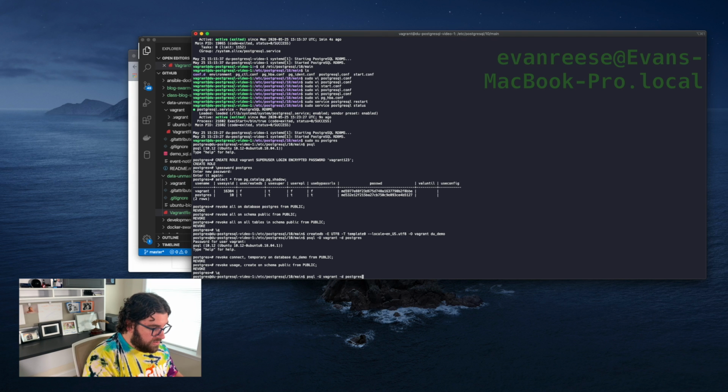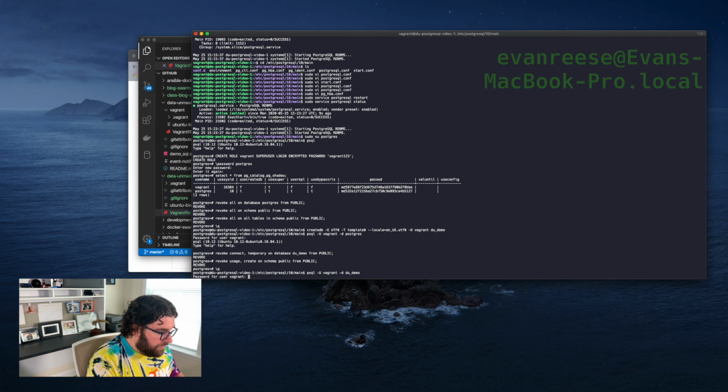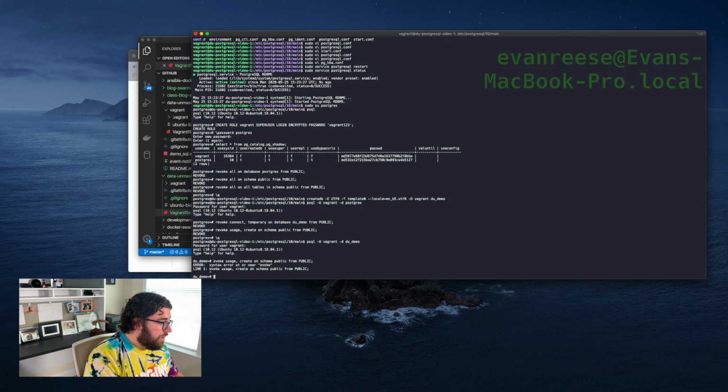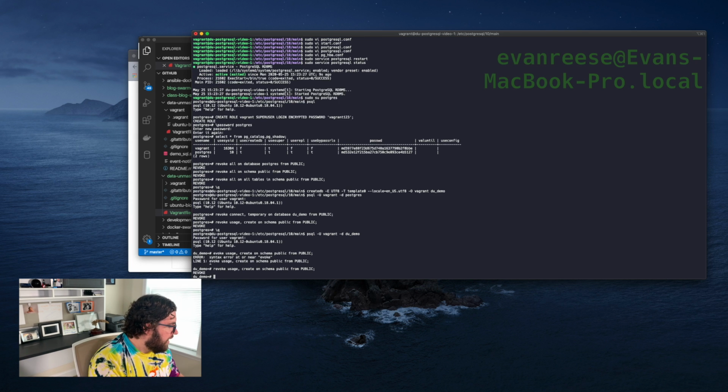We're just going to go back to that psql command. We're going to be on the du_demo database. All right, so I'm just going to rerun this revoke usage and create on schema public, because otherwise that's just not going to happen. Syntax error, I did not copy the R. All right. Perfect. And now we are in the database that we want to be in anyway,